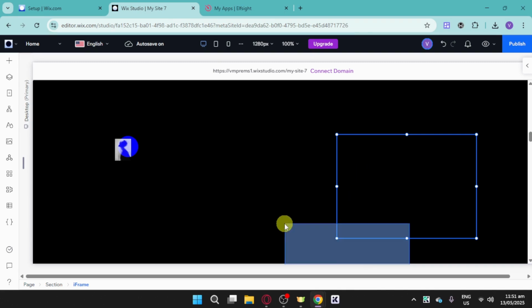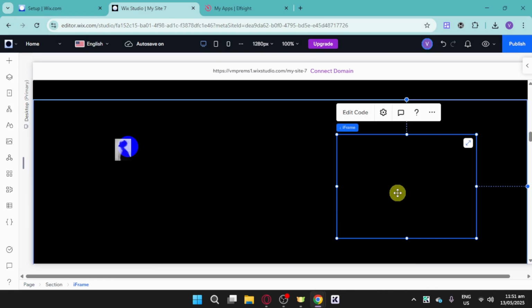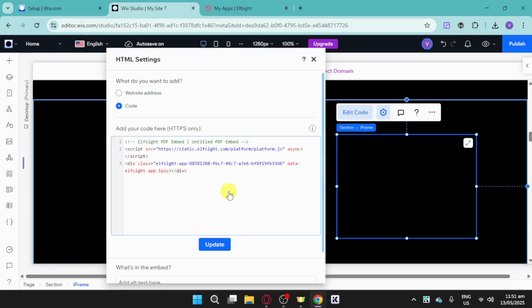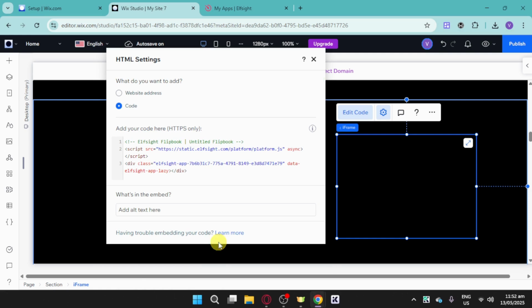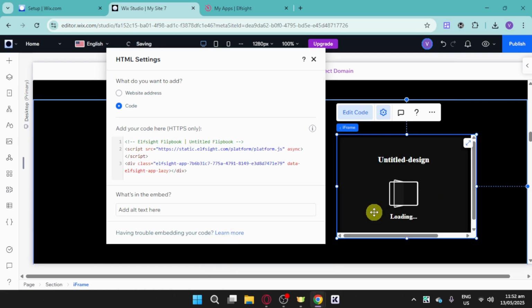Now from in there, next thing we need to do is to just head over and then add in here an iframe. Click onto this edit code option, and then from in there, just paste in here what we have copied earlier. So let me head over and paste. From in there, click onto this update, and then our actual flip card will be added right here once it's